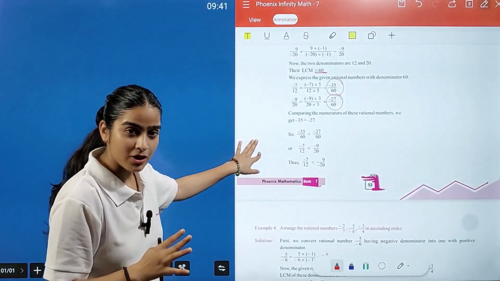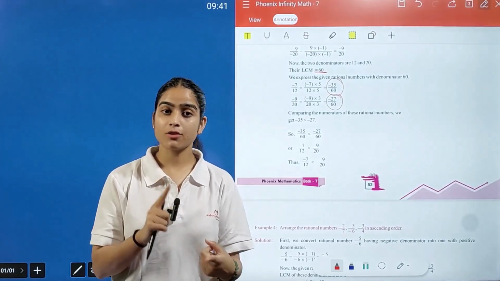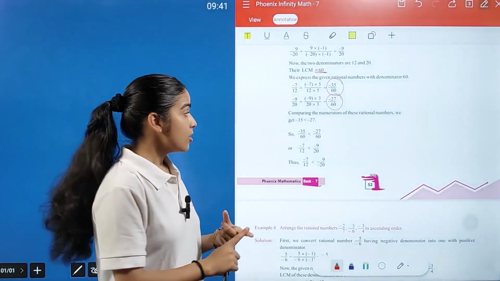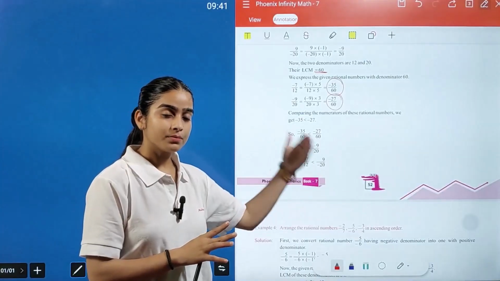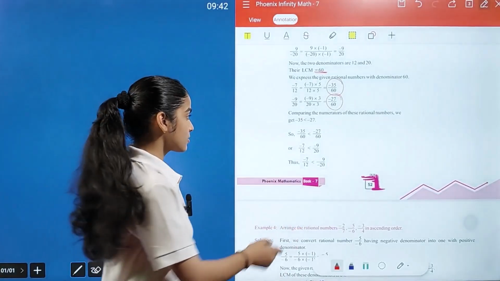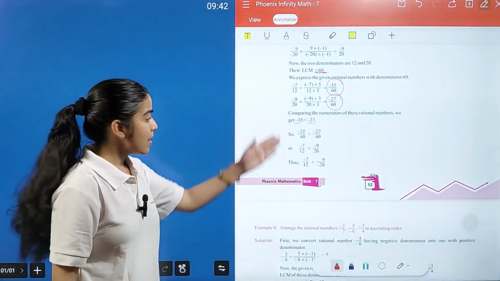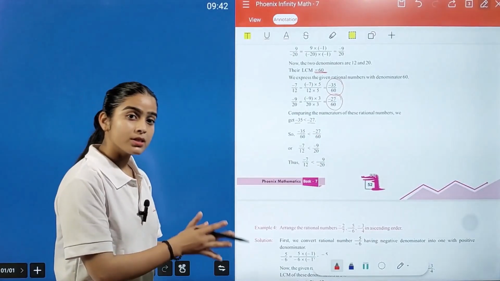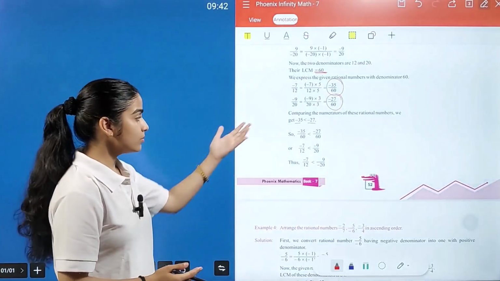When you have to compare rational numbers, you use the knowledge of your previous chapters, integers as well as fractions, to change your denominators. And for integers you already know that as we move towards the left-hand side, the number becomes smaller. So in this case, minus 35 and minus 27, which one is greater according to integers? Minus 27 is greater, because among negative numbers, the number with the smaller absolute value is greater as compared to the bigger number.